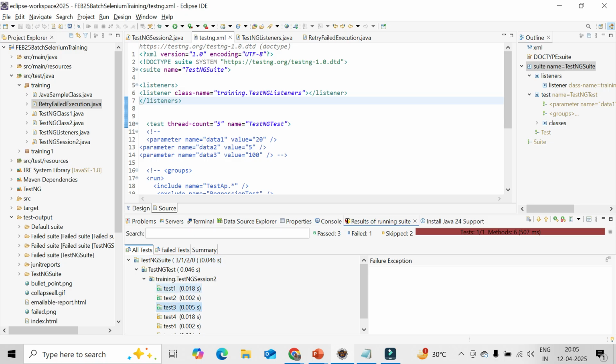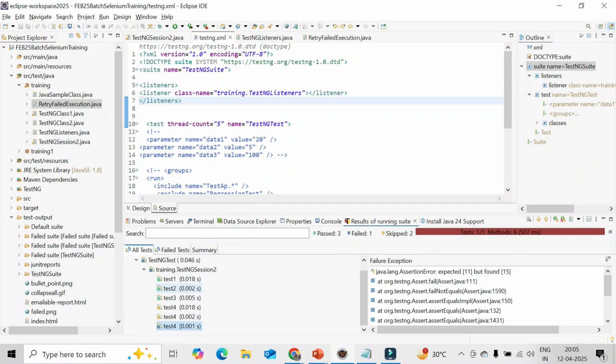1, 2, 3 got passed. It is not trying any retry. So that is the beauty. In case a test case is passed, you don't need to retry it again. Wherever it gets failed, it will try to execute until it gets passed or until all the iterations are